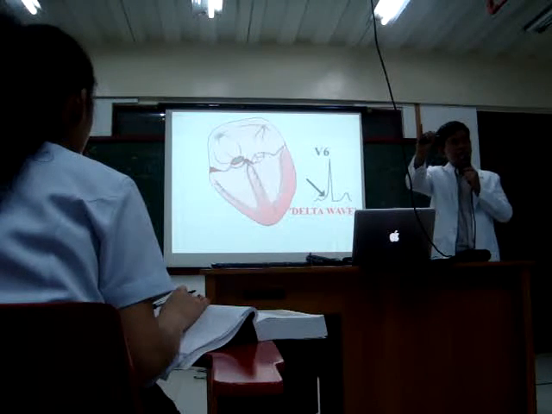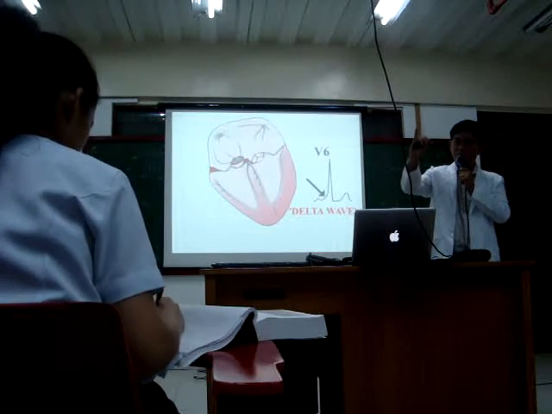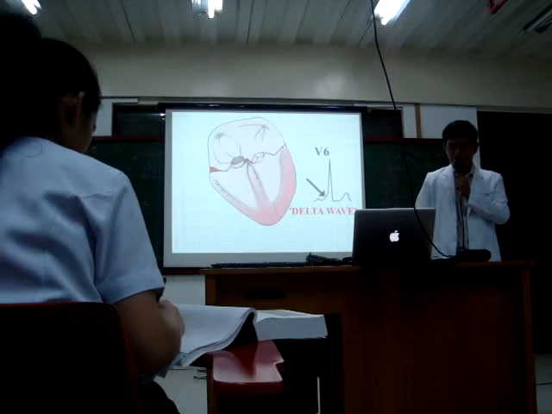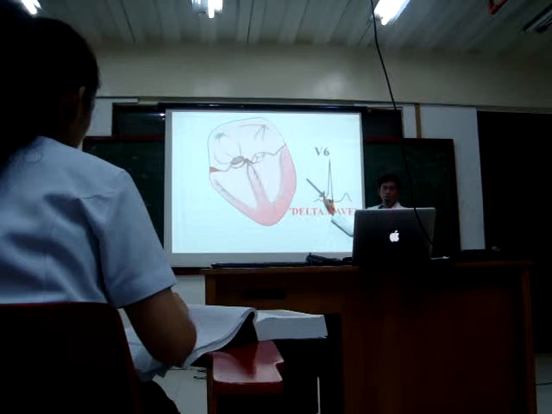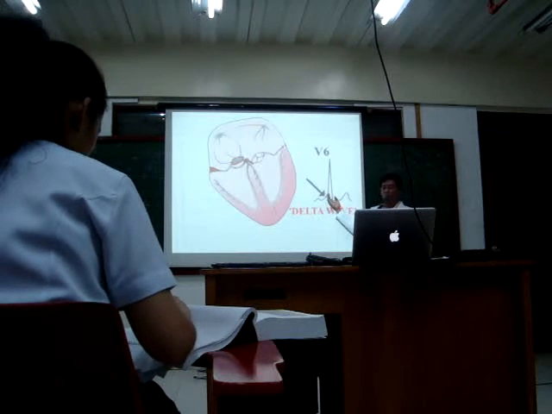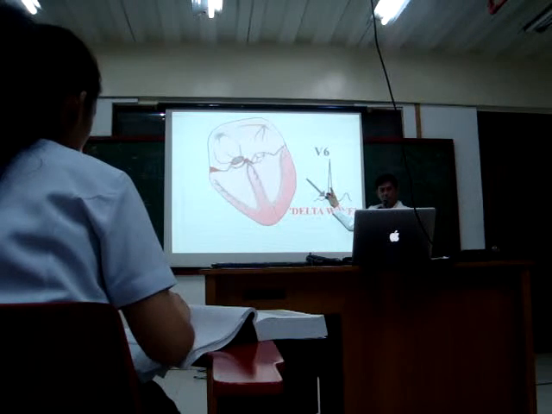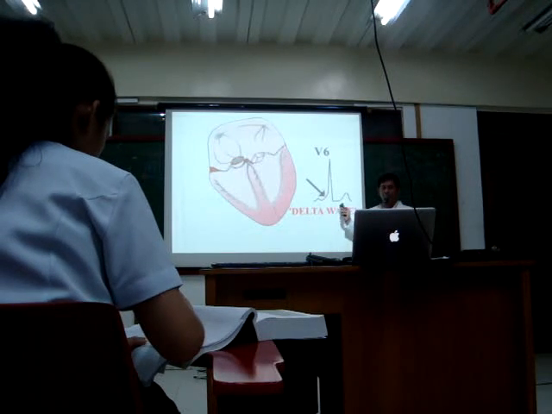So therefore, delta wave, what happened to the PR interval? Technically it's gone. Alright? So it's a short PR interval. What happened to the QRS complex? Is the QRS complex now normal? Is it prolonged? Is it normal or prolonged? It's now prolonged. So what do we see here? A delta wave, technically no PR interval, and a prolonged QRS complex. So those are the three